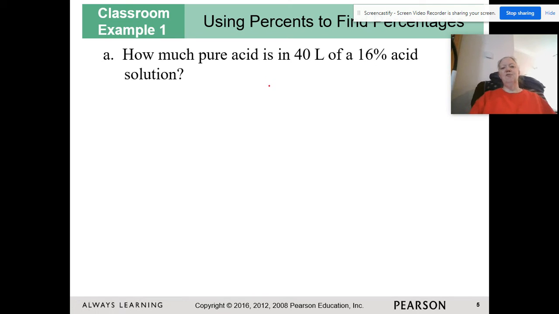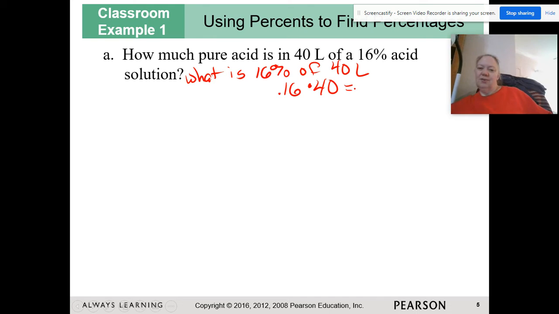So it asks, how much pure acid is in 40 liters of a 16% acid? So basically what this is saying is 16% of 40 liters. What is 16% of 40 liters? We can do this the way we were doing it in the last section, where we can set it up as a proportion, or we can use that of means multiply. So if we just take 16% and multiply it times 40,